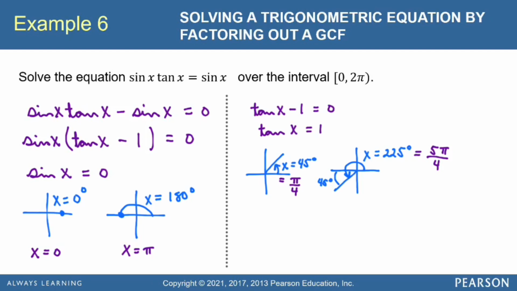But also remember, because the reference angle is 45, we can just count half quadrants. So 1, 2, 3, 4, 5 half quadrants also gives us 5 pi over 4. And so now to write the solution in set notation, we say x equals curly braces 0, pi over 4,